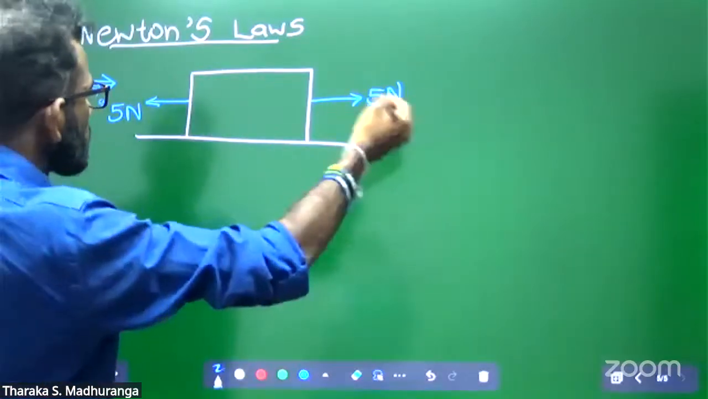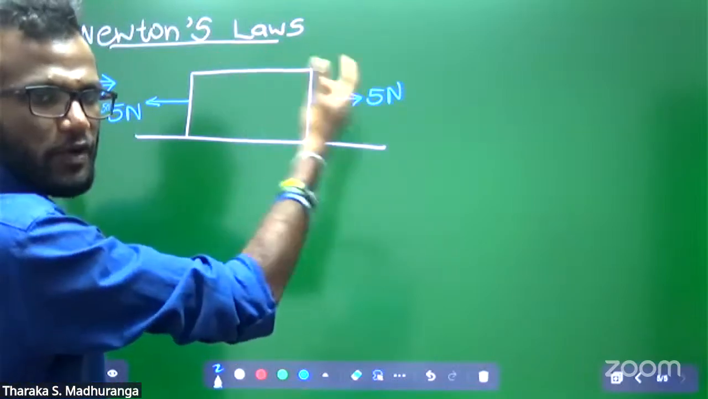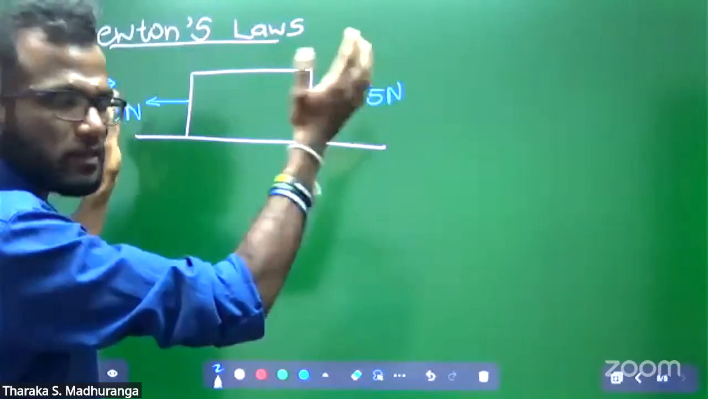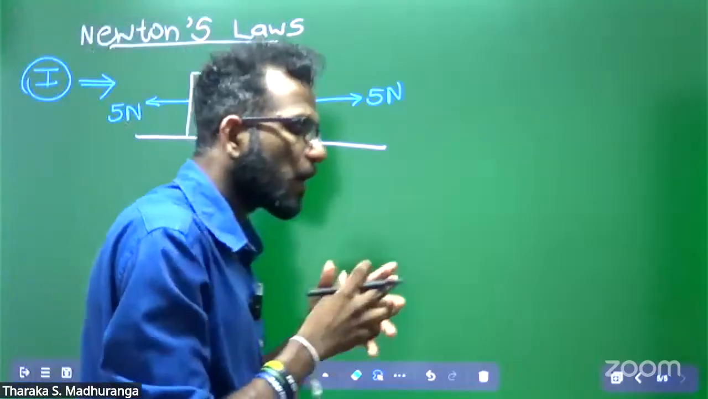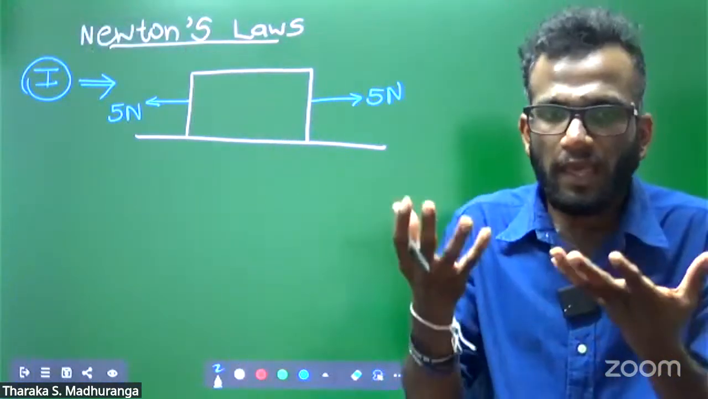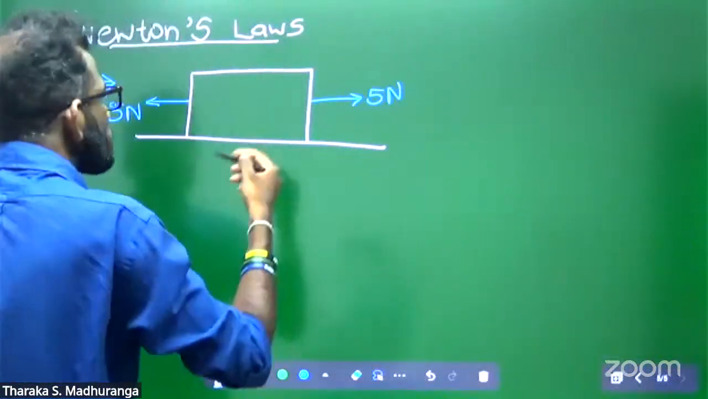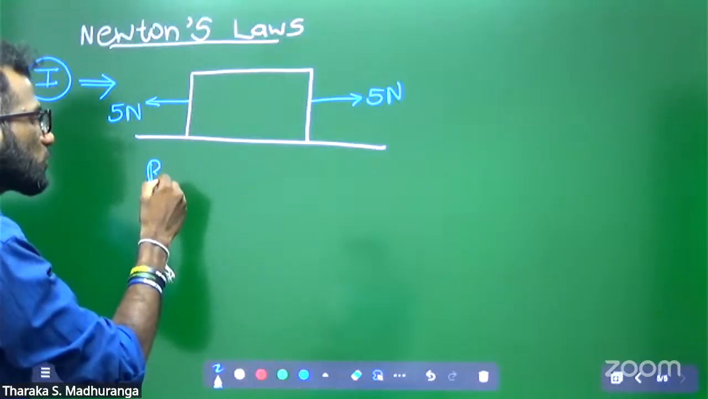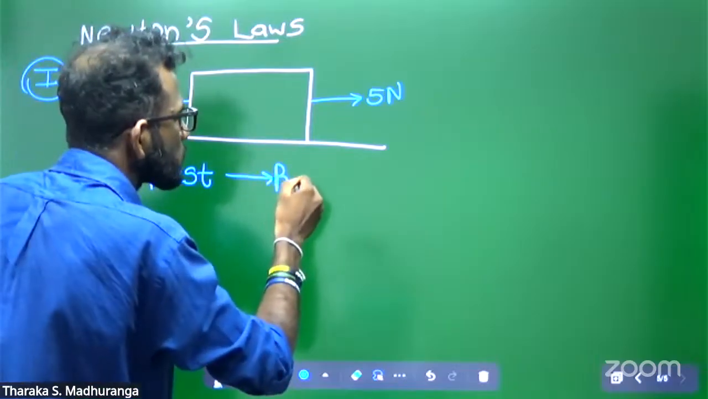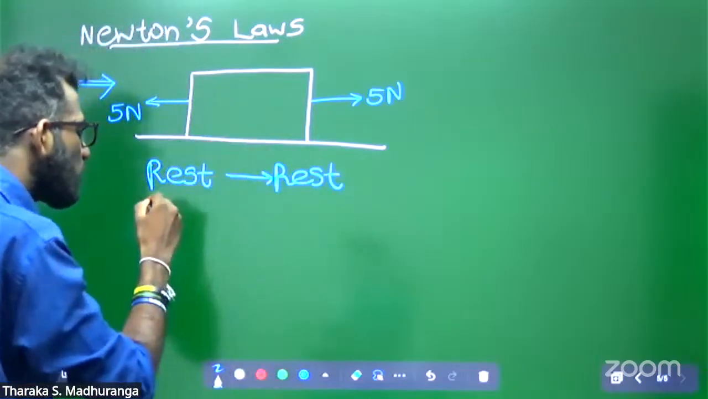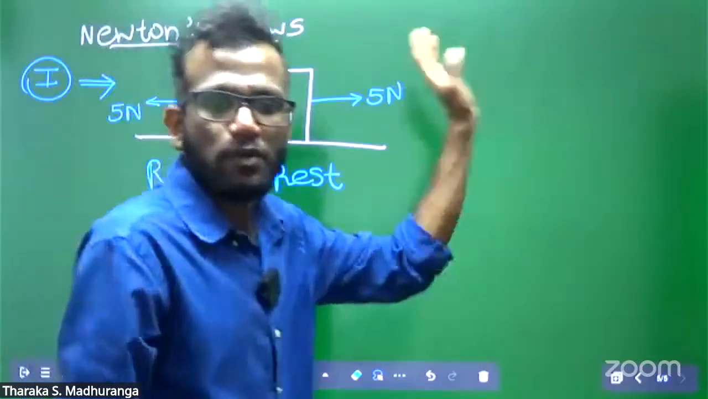5 Newton in this direction, 5 Newton in this direction. Is there any unbalanced force? No, it is balanced, no? 5 to 5 balance. In this case, if there are no unbalanced force acting on an object, think this object is now at rest. Rest objects are rest, and moving objects, if because of any reason this object is now moving,